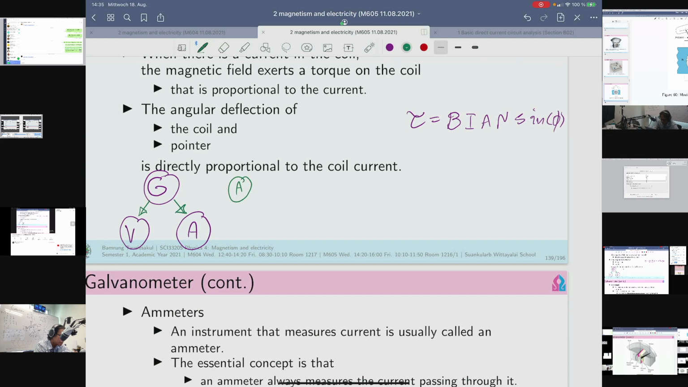And the next one is the voltmeter, which is denoted by V surrounded by a circle, and it's written right there. The voltmeter is used to